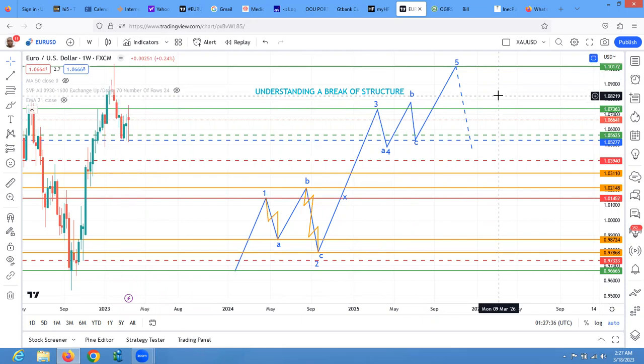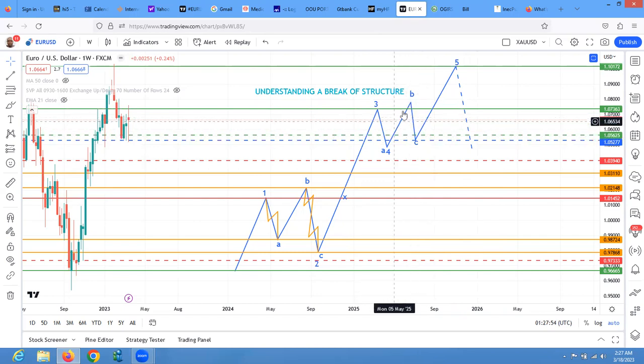You are not praying that the thing is changing. It's not changing any direction. They are telling you that we are breaking structure and you are thinking that they are changing direction. They are not changing any direction. The price is still going to go up. So now, at this point, it came down here.